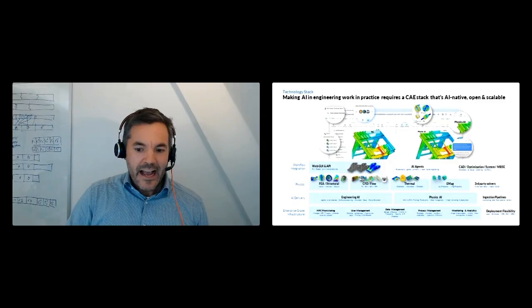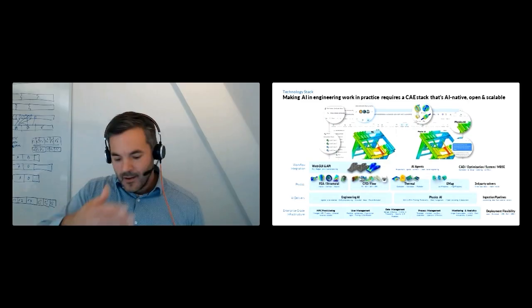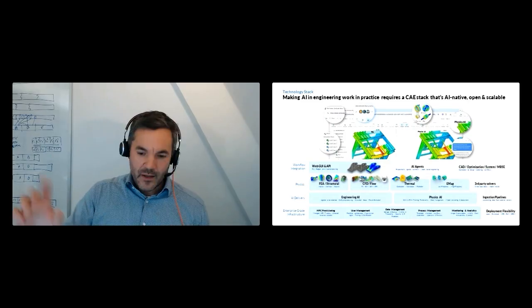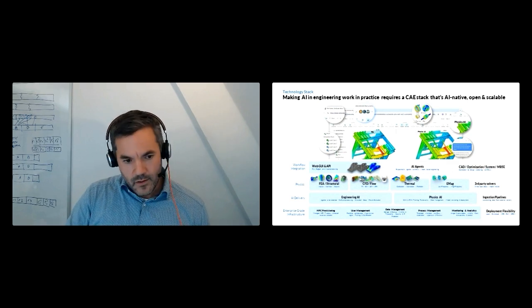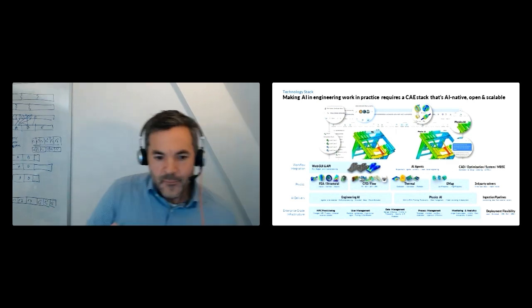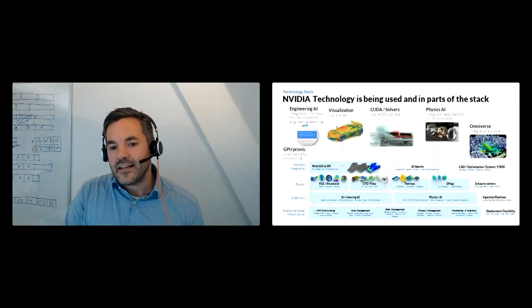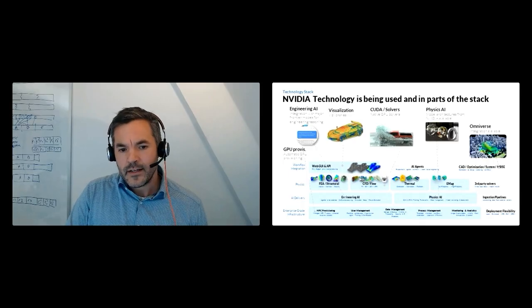And the stack behind it comes with all sorts of user data processing, HPC management, auto provisioning, yada, yada, yada. Then we have the AI systems built on top of it. We have lots of solvers, we work with third-party solvers, and then the delivery of it. And the interesting thing, also why I'm excited that Ian is here, is the fact that we're using NVIDIA technology. We've been working with NVIDIA on many parts here.